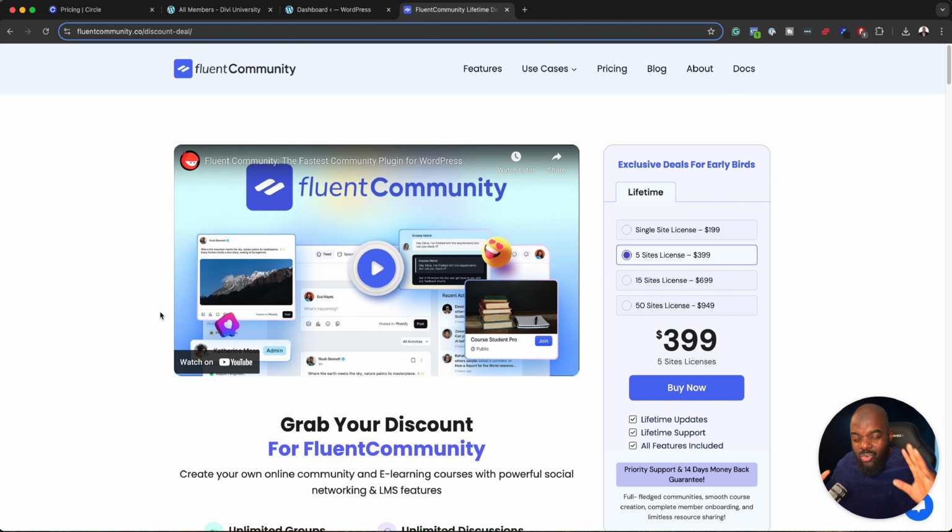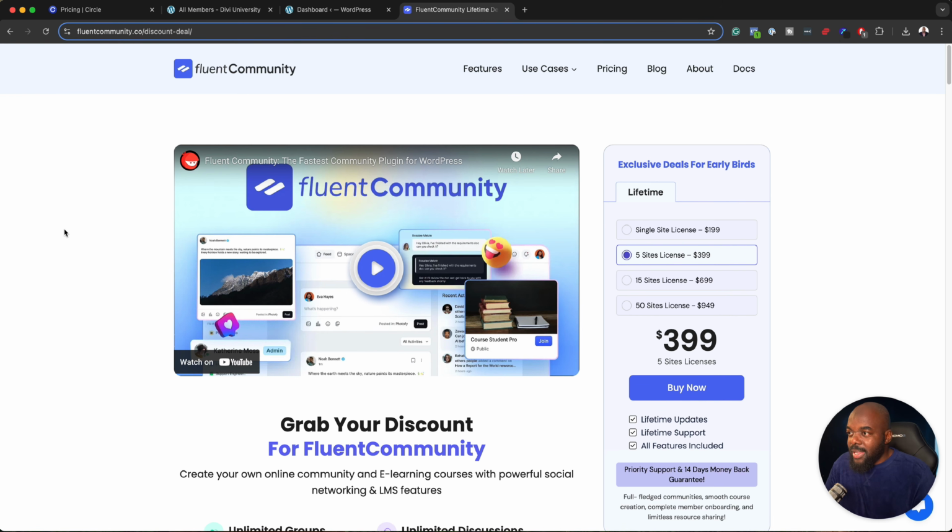You have your already existing WordPress website, and all you're doing now is adding the functionality of the community onto your existing website. So it will work with any other plugins. For example, I was using Shortcut to take my payments. You could use WooCommerce. You could use all your existing plugins, and this will work flawlessly. So this pricing here is fantastic. This is amazing, to be honest, because this will just add more functionality to the websites that you are going to be creating as a freelance designer or a design agency.